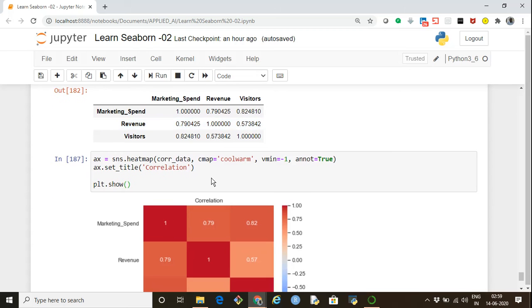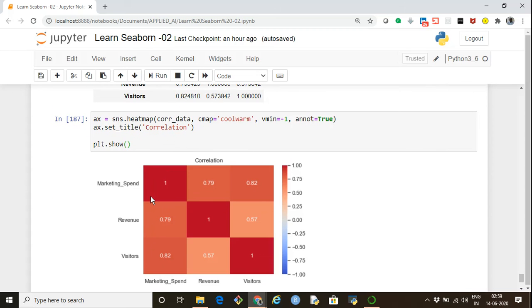Anyways, we can create this heat map plot using sns.heatmap, passing the correlation data frame. Here I am using a predefined color map, which is coolwarm, which represents the cool color with blue and the warm color with red. As we know, Pearson's correlation is between -1 and 1.